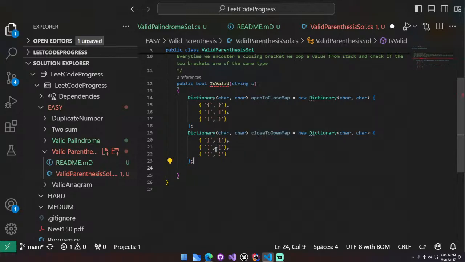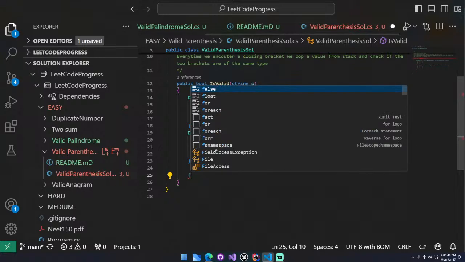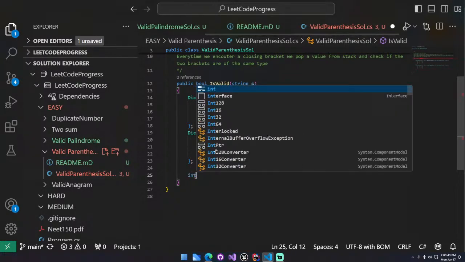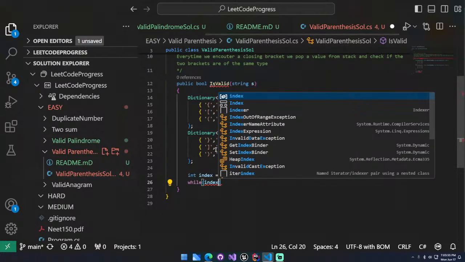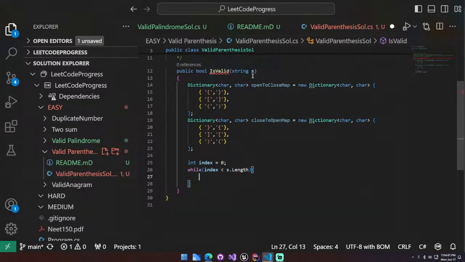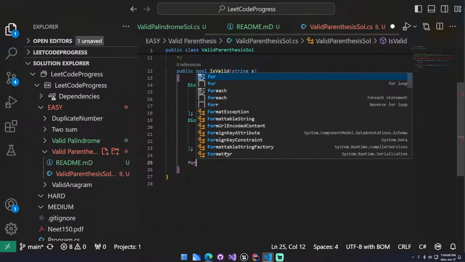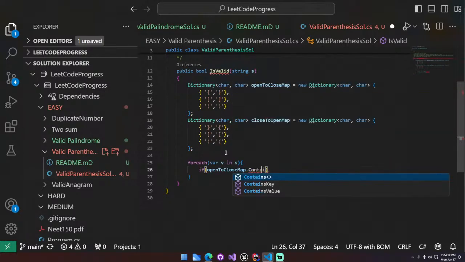So we want to iterate over our string. Let's use an int index at 0, and while index is less than s.length, we iterate through every single character. Or instead of doing this, we can just do a for loop, which I think is easier. For var v in s, if the open map contains the key